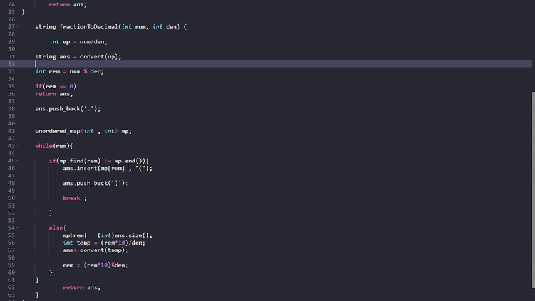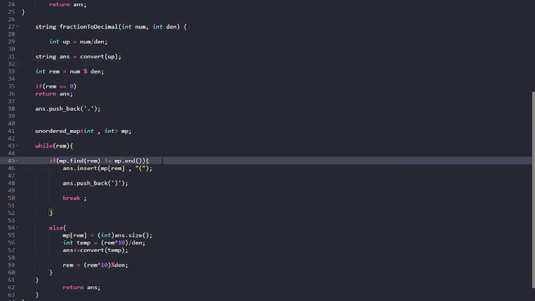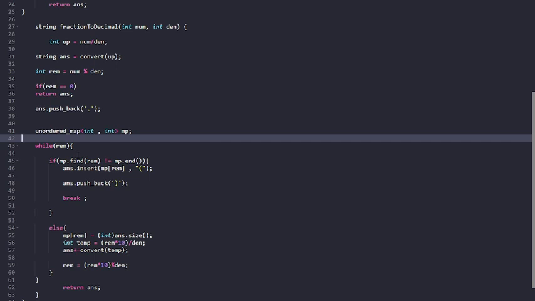That's why I have stored the remainder and the length of the string where it was occurring, at that particular position of the string. What is the logic behind this line of code? I will use an inbuilt function of this map to find whether a key is occurring or not.